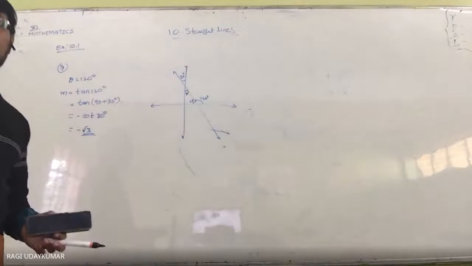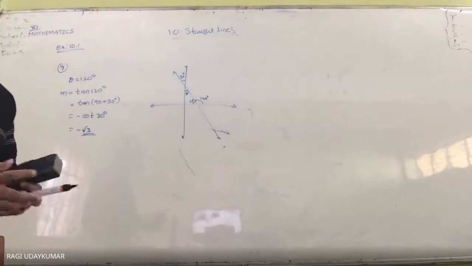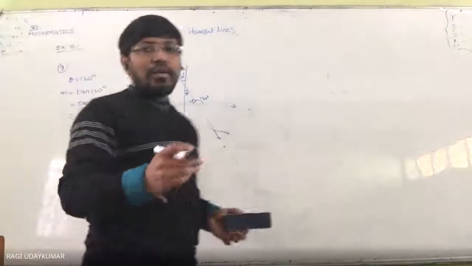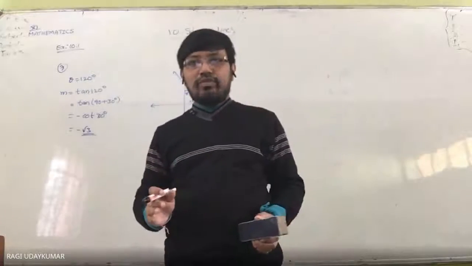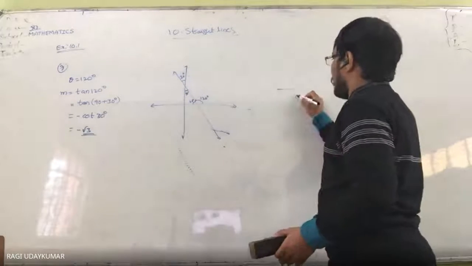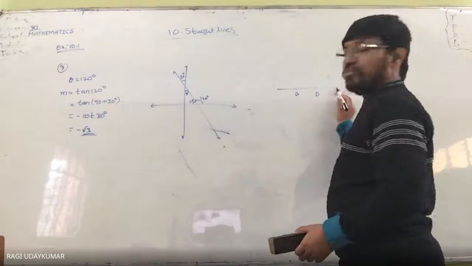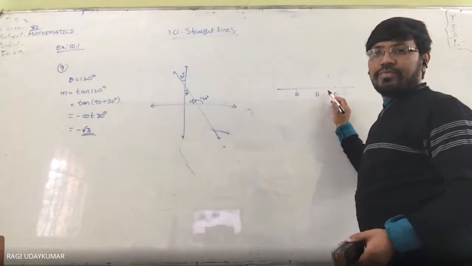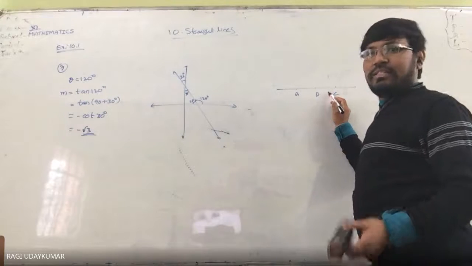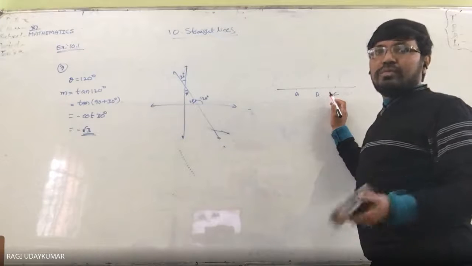Okay, next, eighth question is given: find the x if they are collinear. Collinear means 3 points. Collinear is nothing but taking any 2 points into consideration and finding the slope. Suppose your 3 points A, B, C are collinear, then the slope of these two and the slope of these two will be equal. It is the same line, 3 points are on the same line, so slopes will be equal.